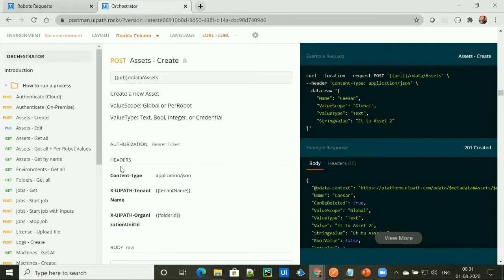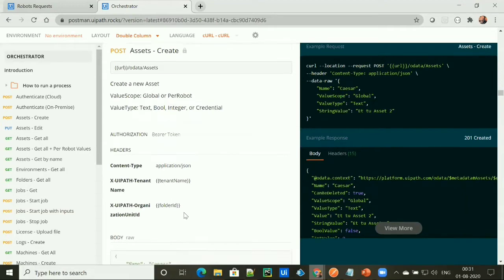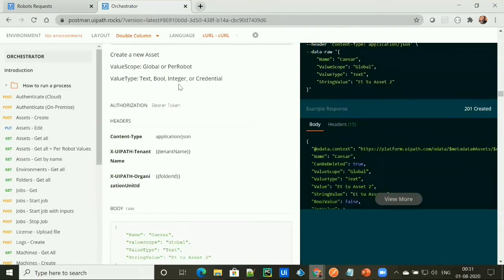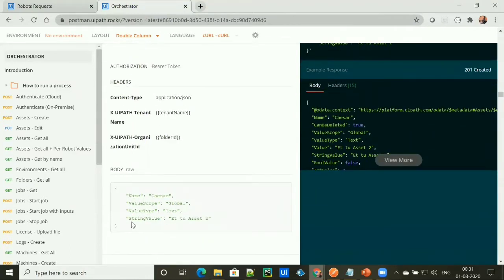We use a bearer token as authorization, and in the header section we have to provide content type, tenant name, and folder ID. In the body section, we have to provide the name of the asset, then the value scope, and the value type, whether it is text, boolean, integer, or credential, and then the value of that asset.